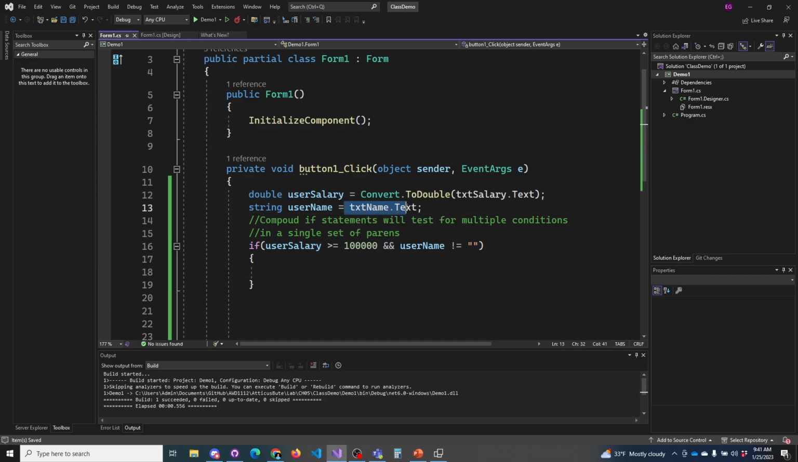So if the user were to leave this text box blank, then username would equal an empty string. And so this if statement is testing for two conditions. Okay, the user salary has to be greater than 100 and the username is not blank. And then what you can do, label result.text equals, whoops. You could use the username